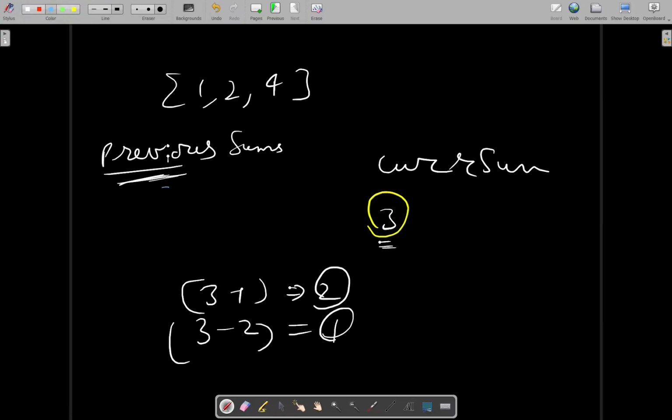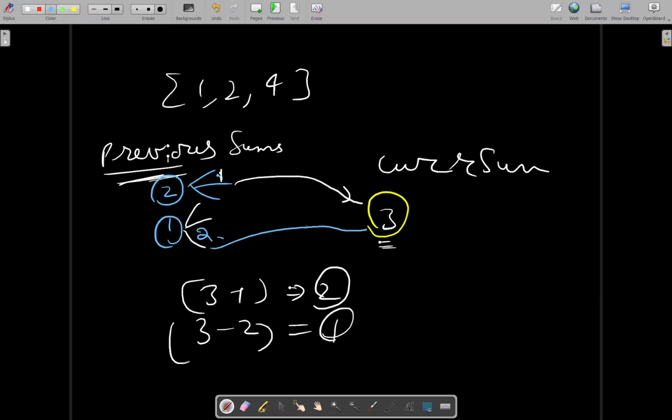Let's take them, 2 and 1. Whatever we decide, let's say we decide to add a coin of denomination 1, and it would have led you to the current sum, which is 3. Now, let's say you decide to add a coin of denomination 2. It will lead you to current sum 3. So these are the previous sums which will be contributing,